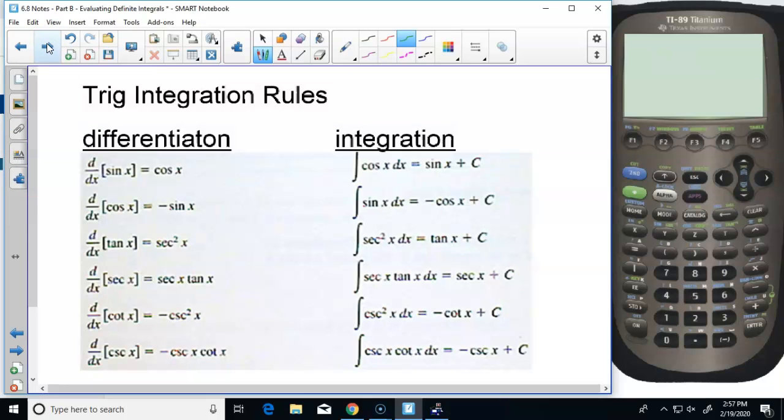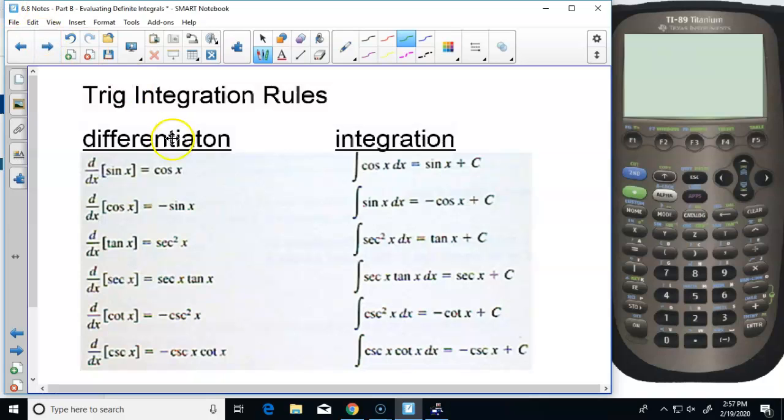Now, we're not going to copy all this down. This is in your book. If you look in your book at the front cover, you will see